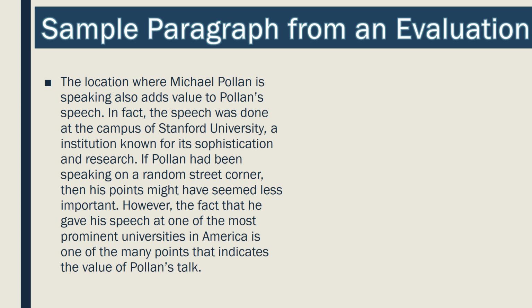So ask yourself, what seems to be the focus? What subpoint about Michael Pollan's speech is he focusing on to form his overall judgment? Okay, so it looks like the student is focusing on the location of where Michael Pollan spoke, right? And is making the point that the location shows the worth of this speech. And notice that point where the student writes, if Pollan had been speaking on a random street corner. So the student makes the point, hey, just the location of where Michael Pollan is speaking, it gives us or provides us with a basis for a judgment.